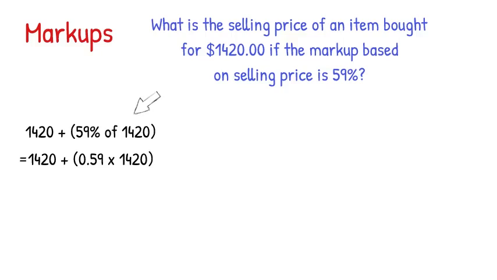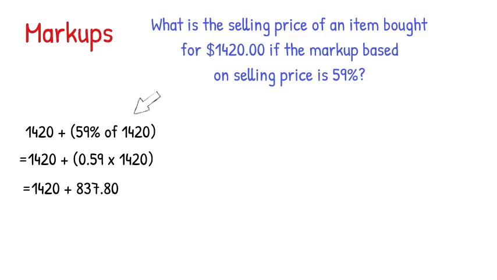So we will write out this next step on its own line just to keep our ideas separate. But really, if you're comfortable with the concept of percentages, you could jump straight to this line. So we've still got our initial price of $1,420, and then inside the bracket we find that 59% of $1,420 is